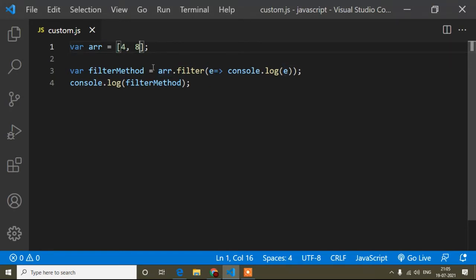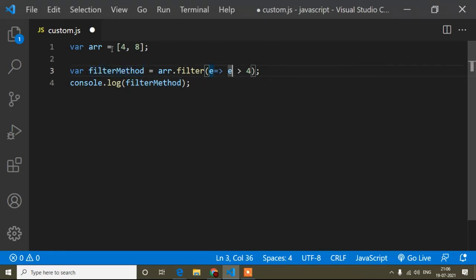Now guys, from here I want to filter the values which are more than 4. e is denoting each element, so I will write the condition e is greater than 4, so that value will be stored in this variable.